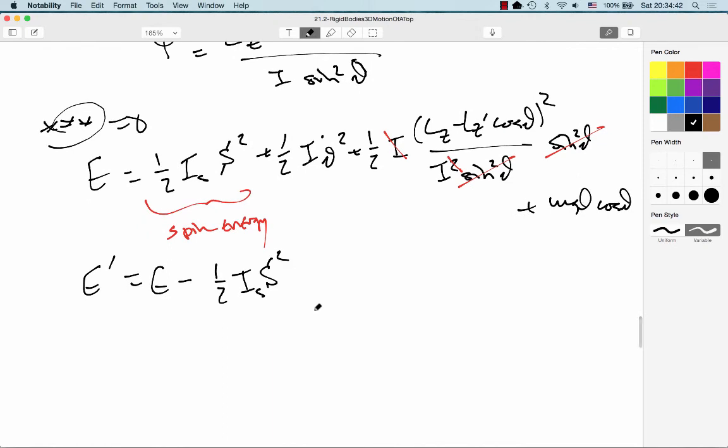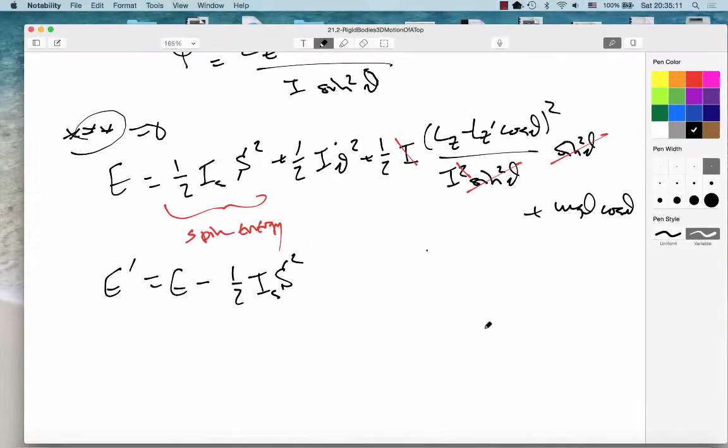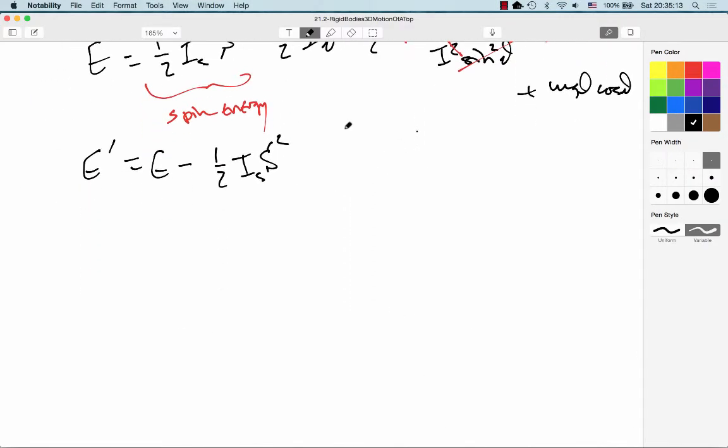Now if we look at what we got left here, this is a kinetic energy term in theta dot, so that's our nutation happening. This is potential energy. Now this term here is actually a kinetic energy, but we've seen this before. If you have a kinetic energy that you can write purely as a function of position, you can define that to be an effective potential. You can roll that in with the potential energy into an effective potential. So our effective potential